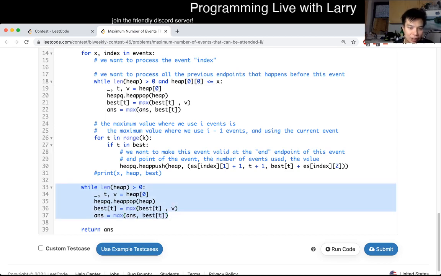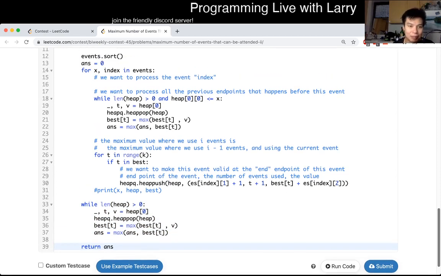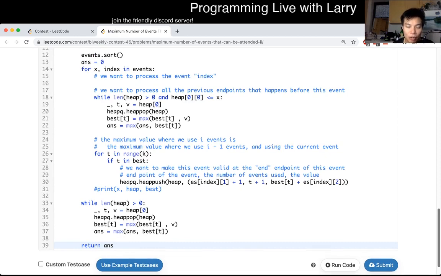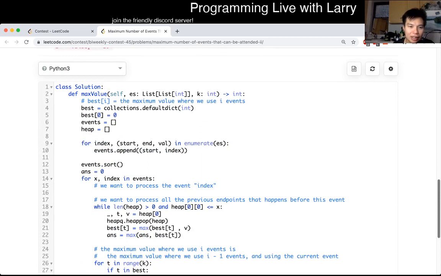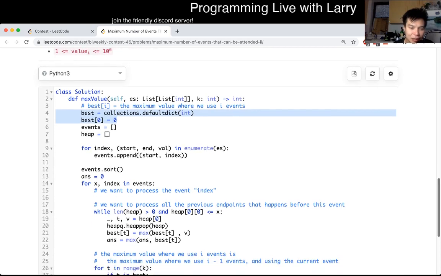And then we obviously still take the best answer, but that's pretty much it. So it's greedy, it's sweep line, there's a heap, it's a lot of different things. So what is the complexity of this, right? The time complexity is a little bit easier because we only use a best dictionary, which goes only up to k. So this is O of k, if you will, and we sorted, but that's not space, and we also have